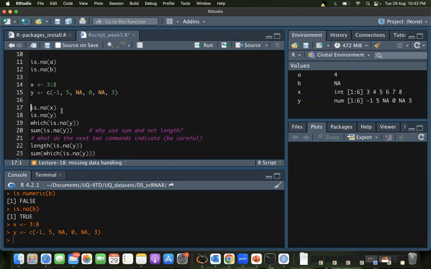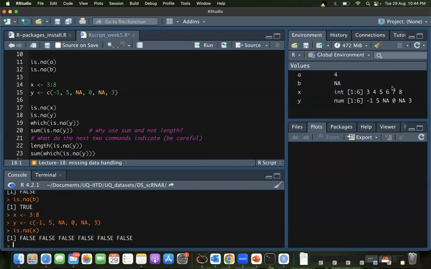Okay, so now if I do is.na, it is going to check. It does not make sense to check it for the whole list at the same time. It will do it element-wise. It will give me an answer for each element. So if I run this, I'm going to get a list. The output is also a vector of 6 values, each of them being TRUE or FALSE. And the first one is -1, so it's not NA. Likewise, the second one,